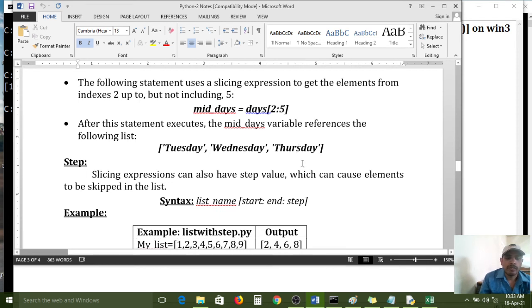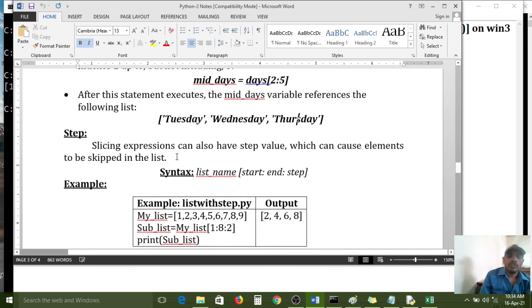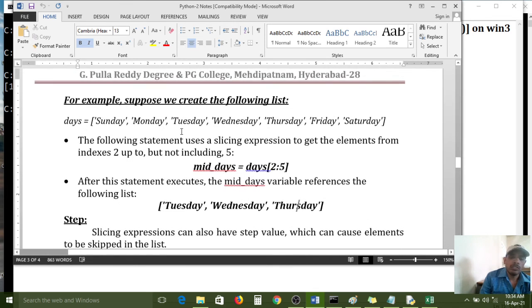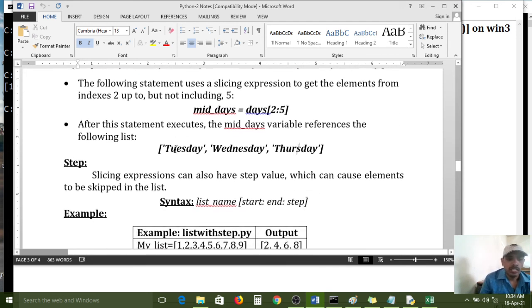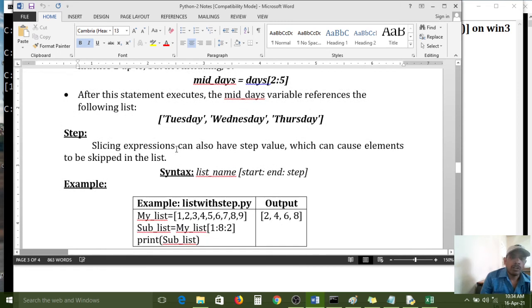Just practice yourself. Then only you can understand these programming languages. Without practice, you can't understand anything. Just simply listening to the class is not enough; practice by using these syntaxes. Here I have given one example, but you can create your own lists. Then only you can understand. Some products, some clothes, some vegetables, some furniture. All those things you can take as examples.